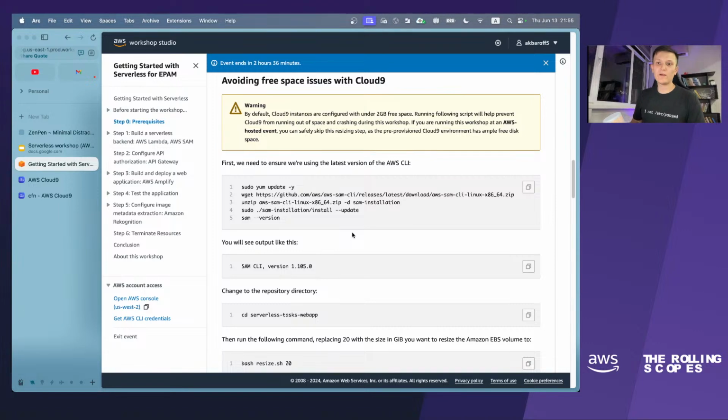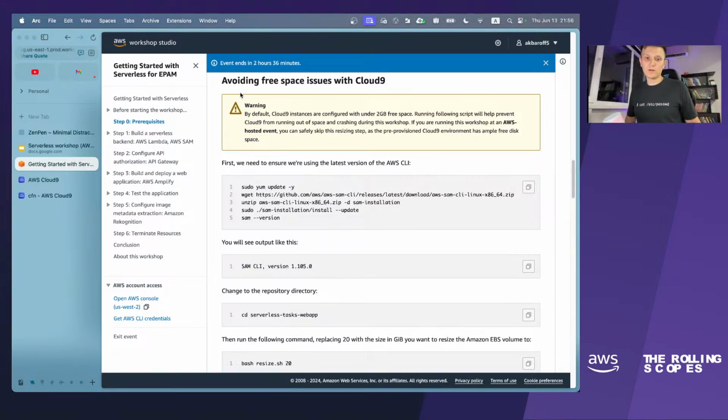Actually, we have one more step which says avoiding free space issues with Cloud9. You know how all the infrastructure for the workshops is provisioned. AWS uses CloudFormation for automation of the whole provisioning. So in some cases, some scripts might fail, and your Cloud9 EC2 machine, which lies underneath Cloud9, could have a bit less space than we need.